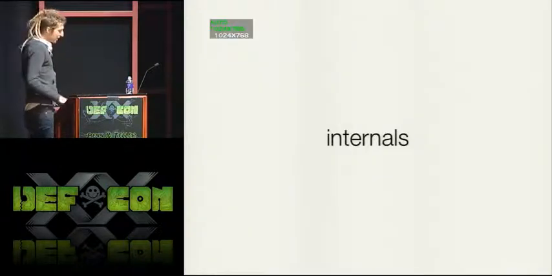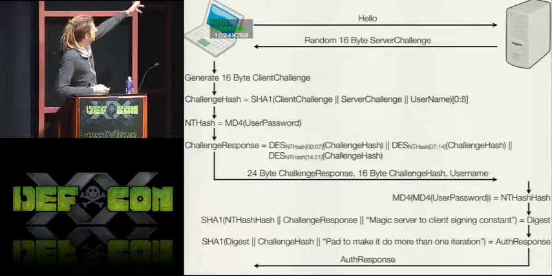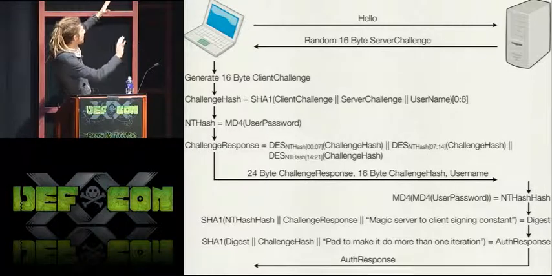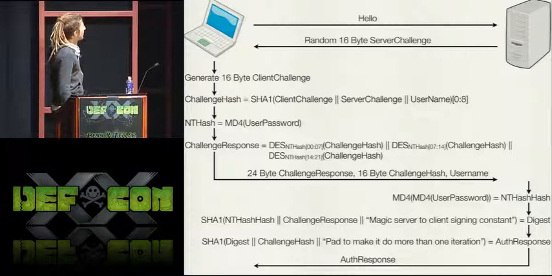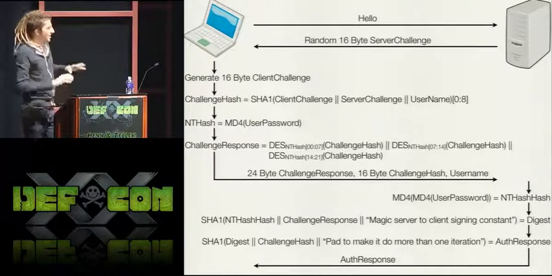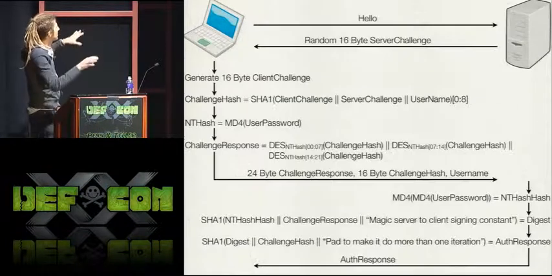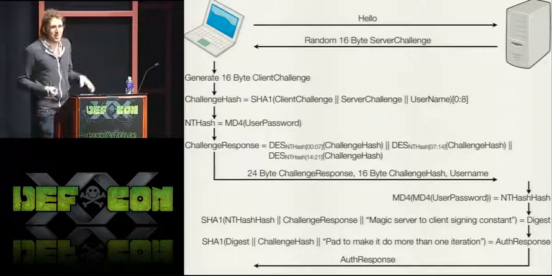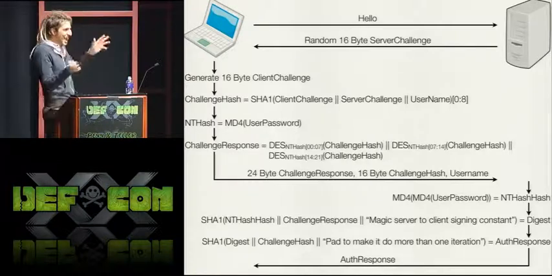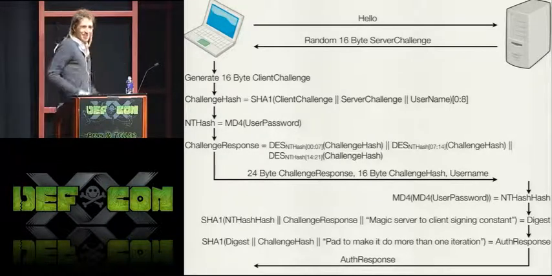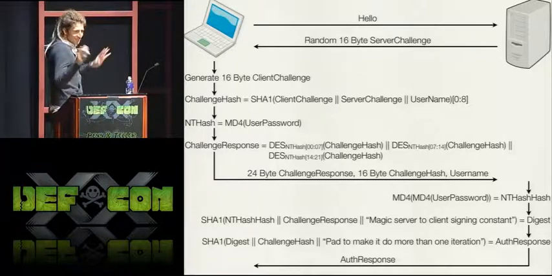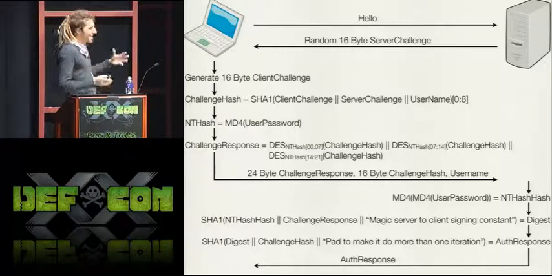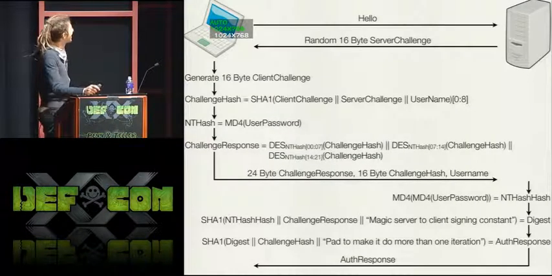So let's take a second and look at the internals of how this works. MS-CHAPv2. So this is the MS-CHAPv2 handshake. You look at it and you feel like they're almost trying to dazzle you into submission. It's the digital version of hand waving. Like, if we just hash it again, then cryptanalysts will look at this and just wither.